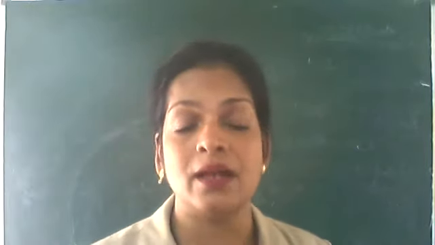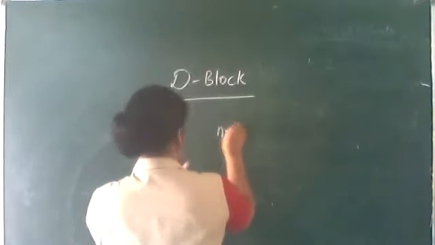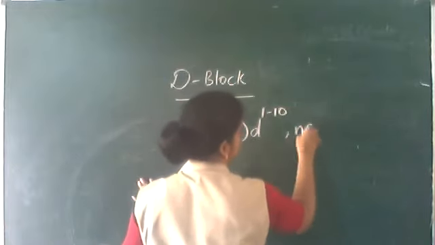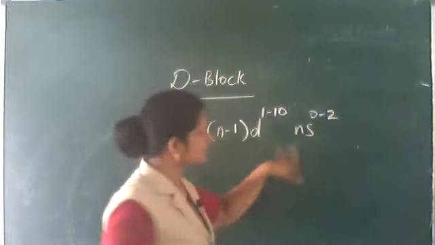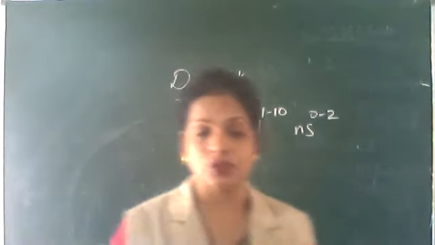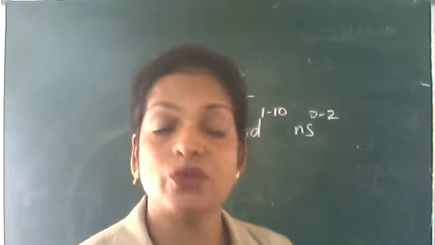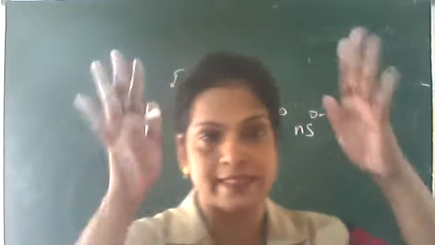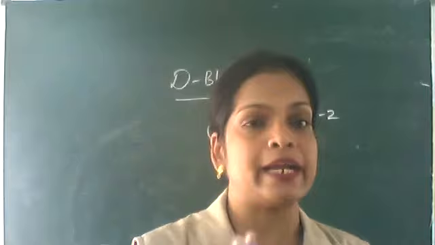Now, what is the general outer electronic configuration? That is (n-1)d 1 to 10, and ns 0 to 2. This is the general electronic configuration. They show variable valency. The D block elements means scandium to zinc, yttrium to cadmium, and lanthanum